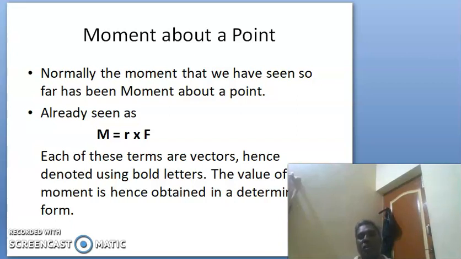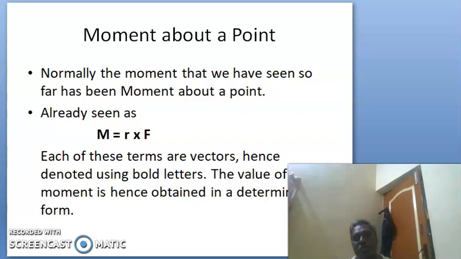So, moment about a point. Of course, we have seen quite a deal on moment about a point. Normally the moment that we have seen so far has been moment about a point only. So as already seen,